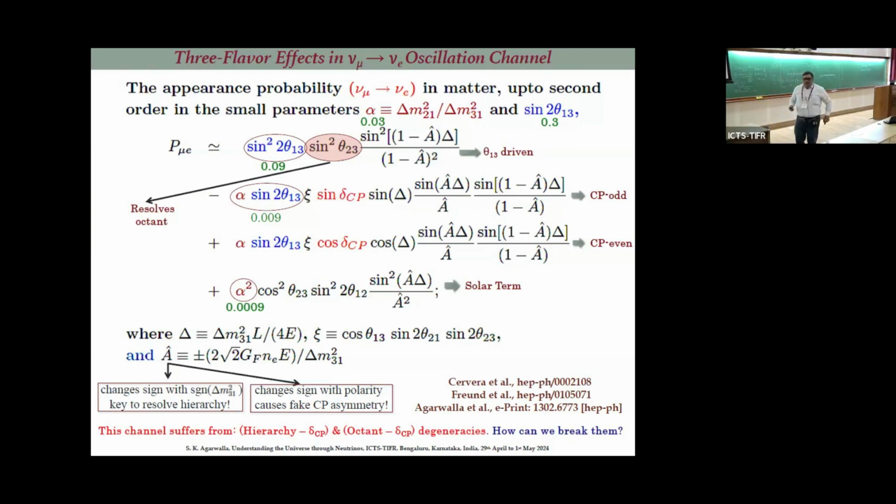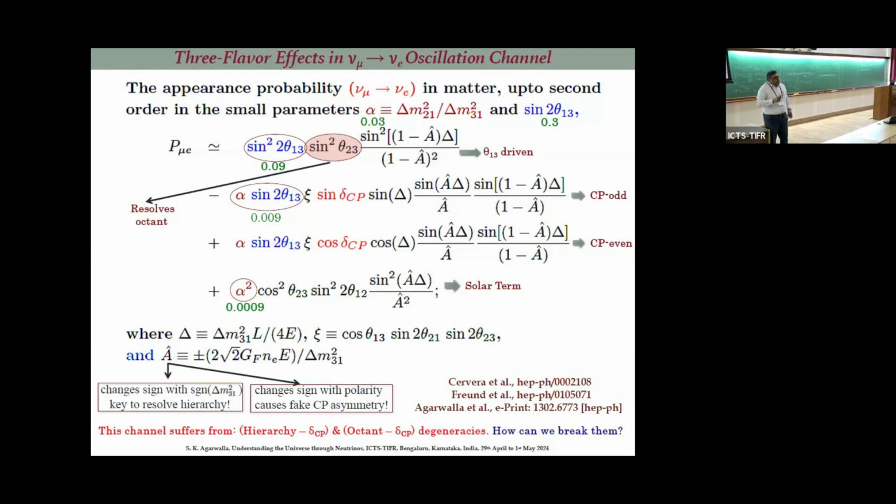Okay? Let's come to theta 23. Here, theta 23 is coupled with theta 13. So when you measure this probability, you can't disentangle between theta 13 and theta 23. Somebody asked me just now. If you know theta 13 from reactor experiments, I know theta 13 very well, so the error on these blue terms is very small. And if you measure the product of these two, then you can infer about sine square theta 23.